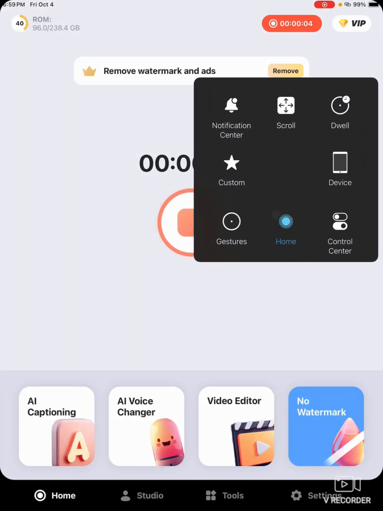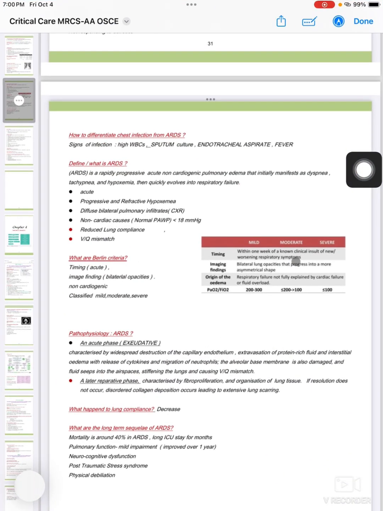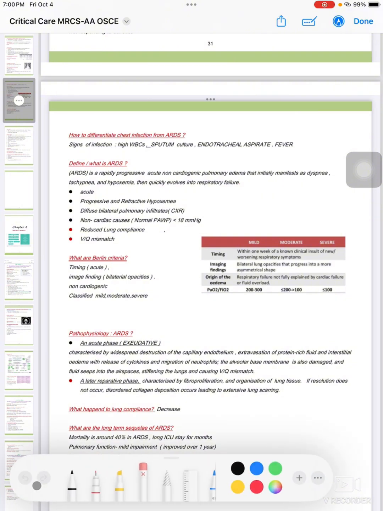Today, I'd like to share a brief discussion on the topic of acute respiratory distress syndrome. In the last session, we already discussed the topic of burns. Here's acute respiratory distress syndrome, all questions given. It is known to all of you that acute respiratory distress syndrome is an acute diffuse inflammatory form